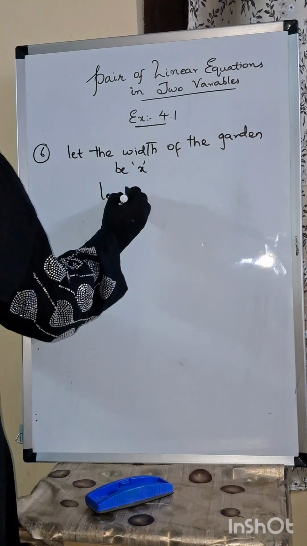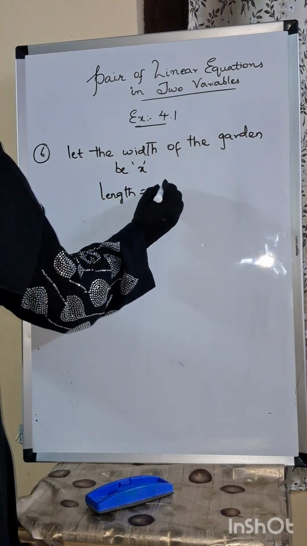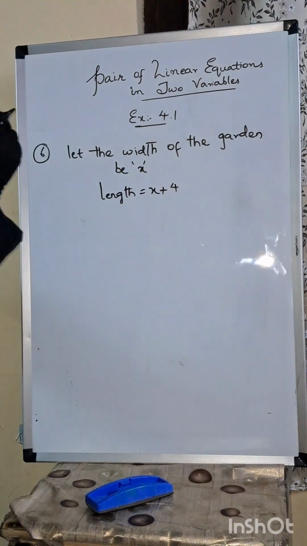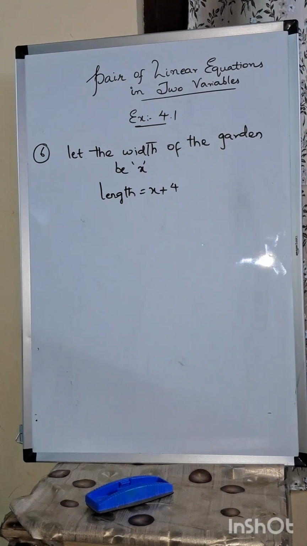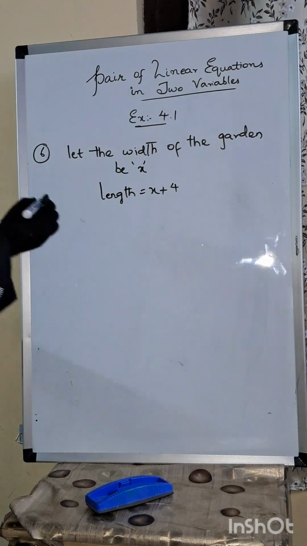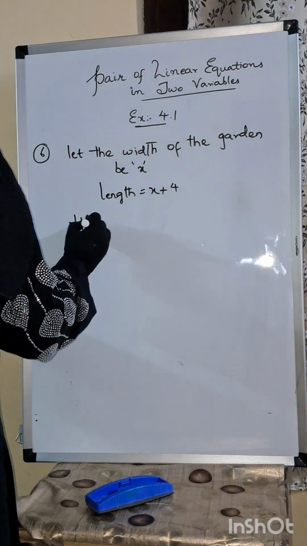Length is equal to what? X plus 4, as they have already given in the question. Then, half the perimeter of the rectangular garden is 36 meters, if the length is 4 meters more than its width. So length is how much? X plus 4. Half of the perimeter means